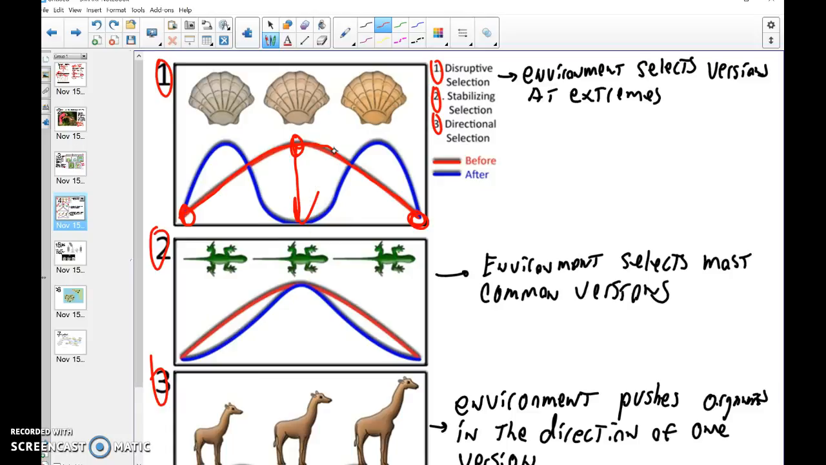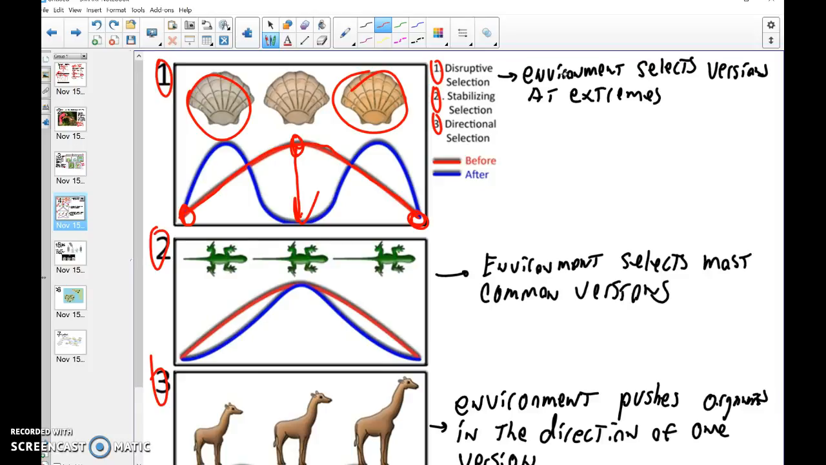for some reason, makes it very bad in terms of survival. And so what happens is the organisms who have a variation at the extreme, like this one or this one, suddenly become more common, and the organism that was in the middle becomes less common. So when you have disruptive selection, the environment is selecting versions of an organism that are rare at the extremes. This actually is one of the ways that you see speciation happen most often. The farther apart the organisms are in their similarities, the more likely they are to become two different organisms over